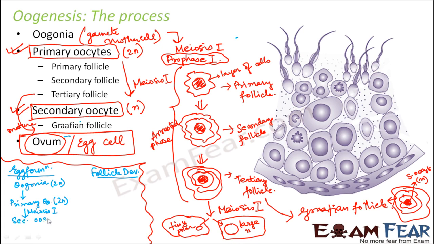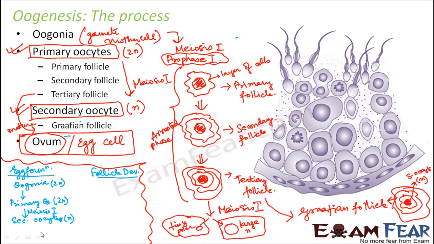Secondary oocytes are formed. Right? So this secondary oocyte which is formed is haploid. Now as meiosis 1 is completed, two cells are formed. One is a large secondary oocyte and the other one is a very tiny polar body. So that tiny polar body disintegrates, and this